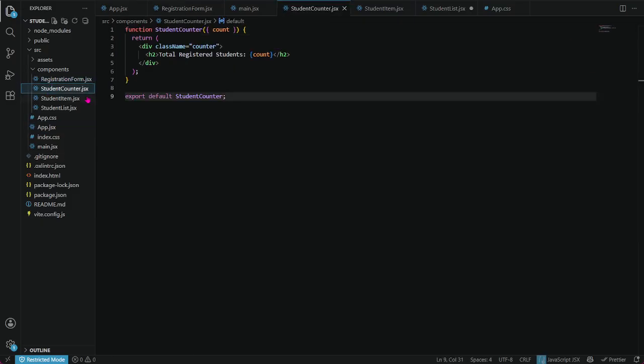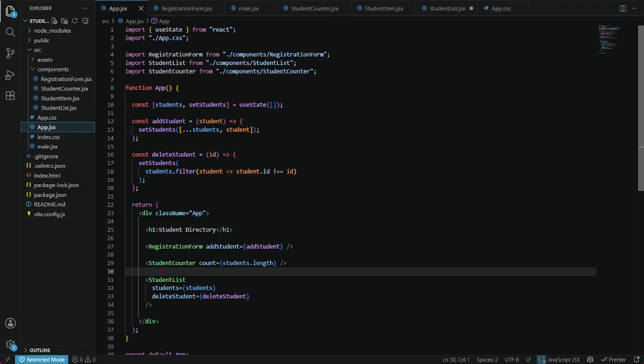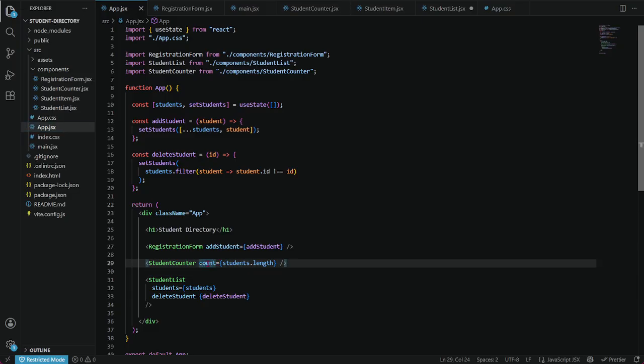And then the return displays on the web page the div className counter, the total registered students, we have the count, meaning here the student count is equivalent to the student dot length.